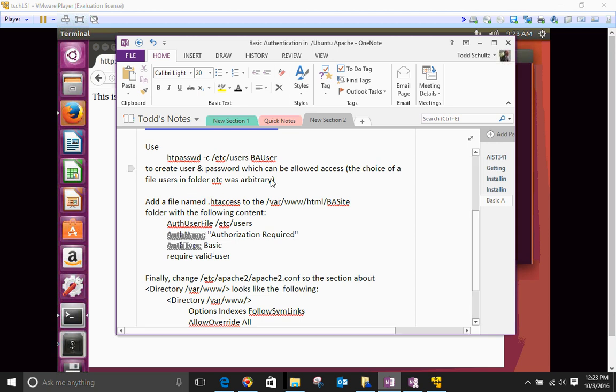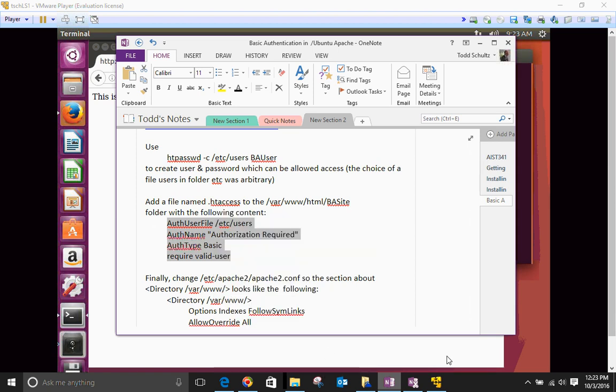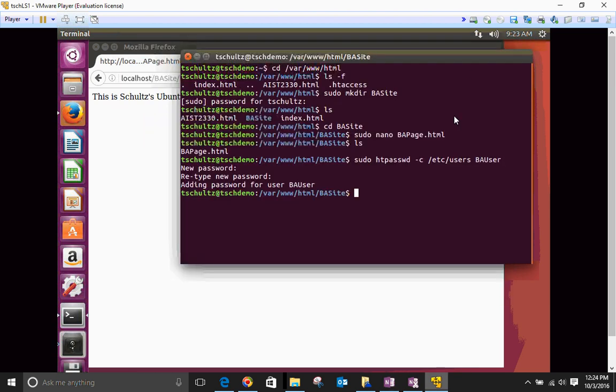Or if we added others in there, we can make a list of people who are authorized to access this particular page. So I hope this will all work. If not, I can do it the old-fashioned way. That's just Apache bubblegum and string, but it's got to go in the .htaccess file. So you've got to be in your BA site, sudo ht